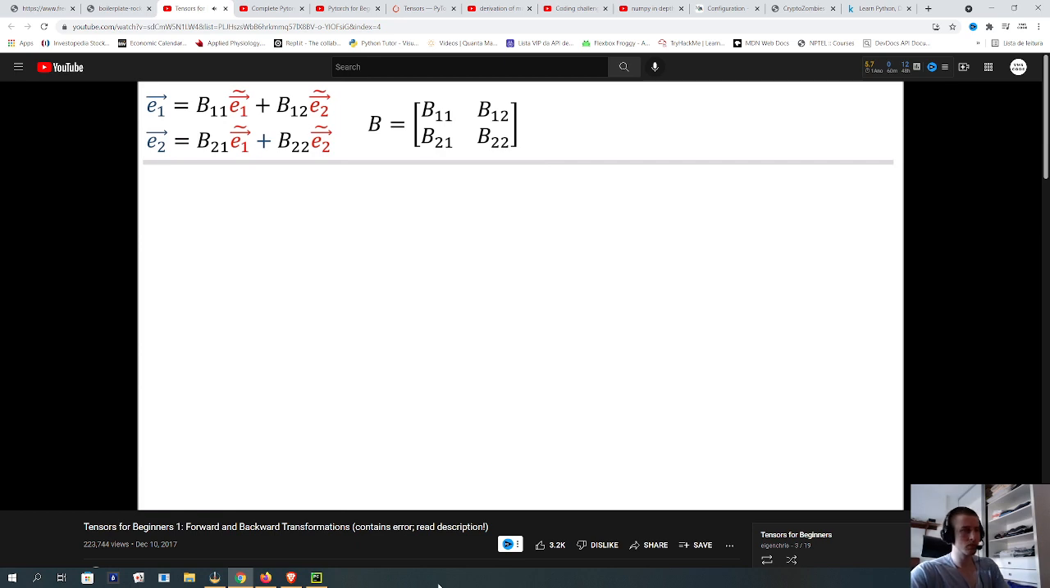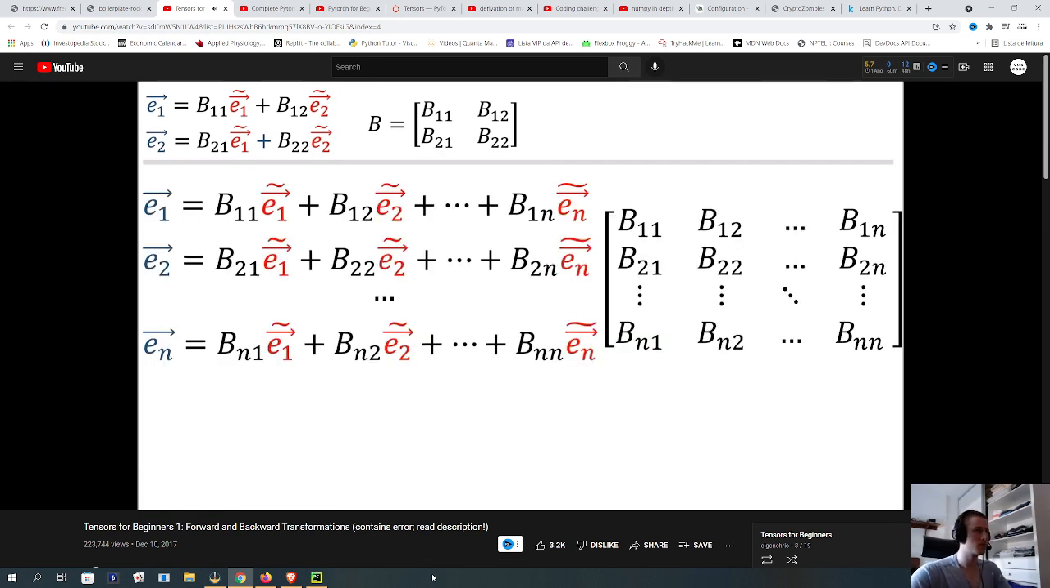Now for the backward transformations, we can do the same thing. We just write out all the old basis vectors as linear combinations of the new basis vectors. We can write these coefficients in an n by n matrix called B. And we can summarize all these equations using a summation. Ei